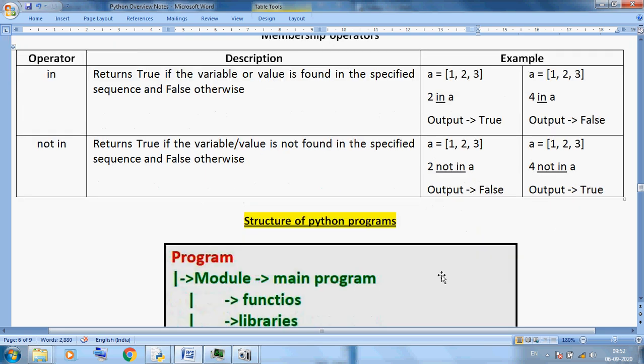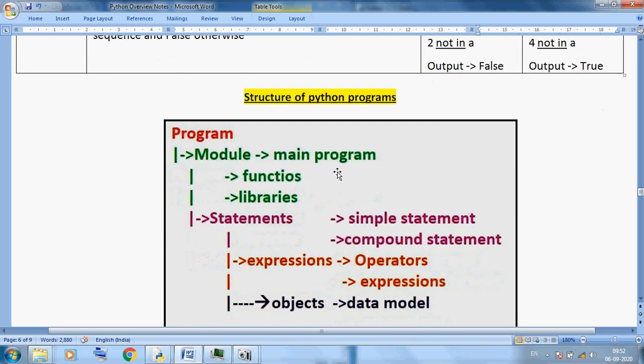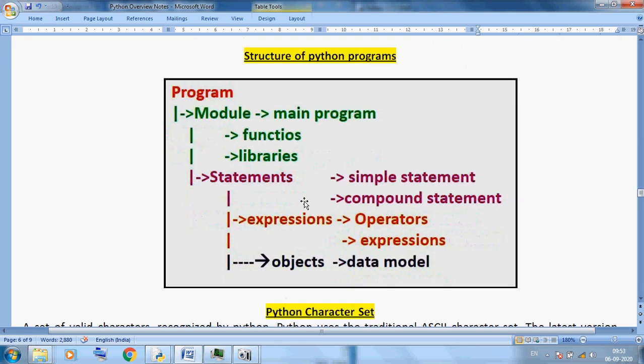Now here you can see the structure of a Python program. This is an important thing. When you write a letter application in English, it has a prescribed standard format, and with this format we can write our letter. Same thing here: we use a basic structure. This is a complete Python program structure.